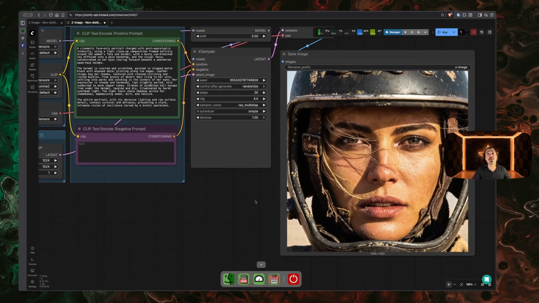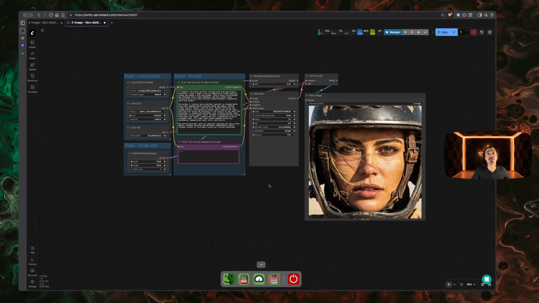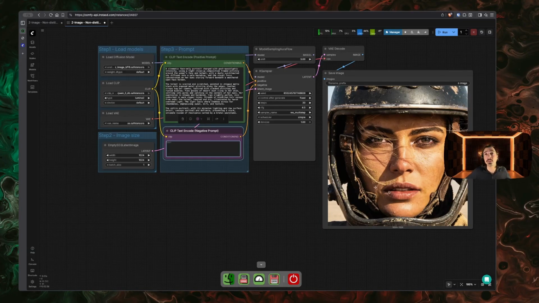But one of the things that I want to show you as well is I'm just going to lock my seed here to fixed. There we go. One of the main differences between Z-Image Turbo and Z-Image Base is that you can actually add negative prompts. So here, for example, this girl is having blonde hair. If I wanted to not have any blonde hair, even though I'm using the exact same seed, I could actually push the model